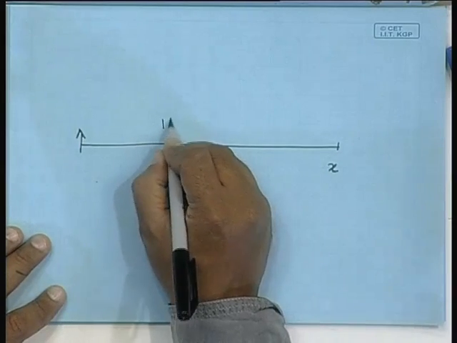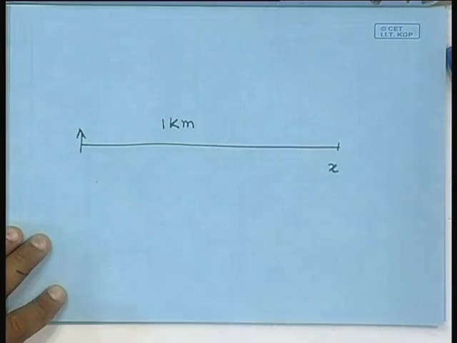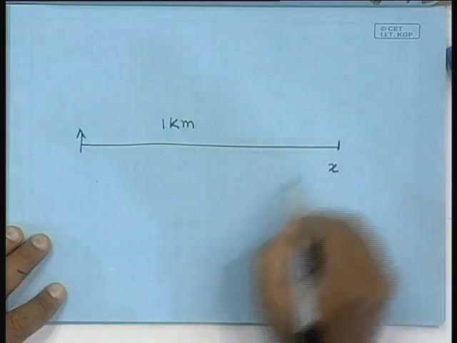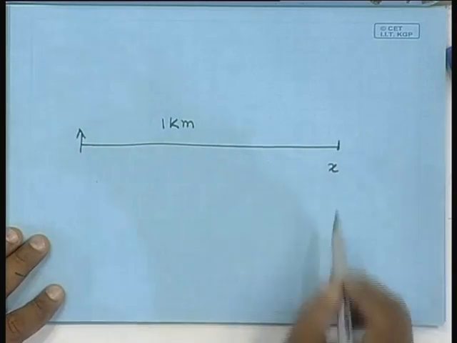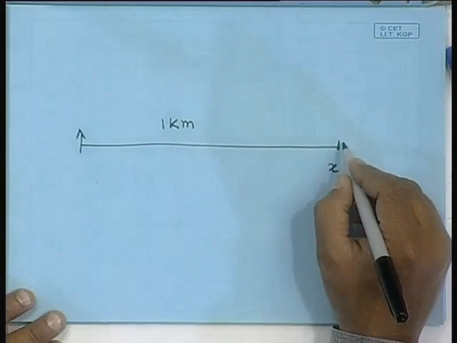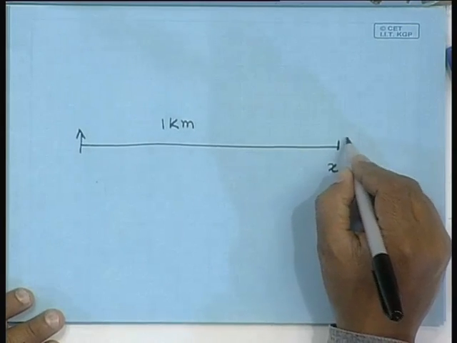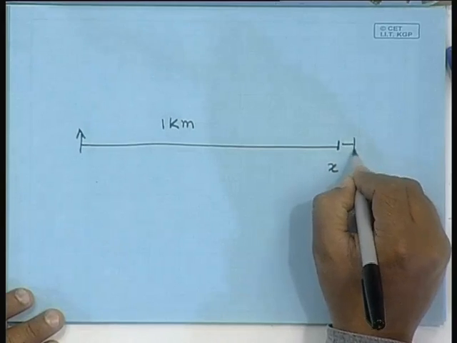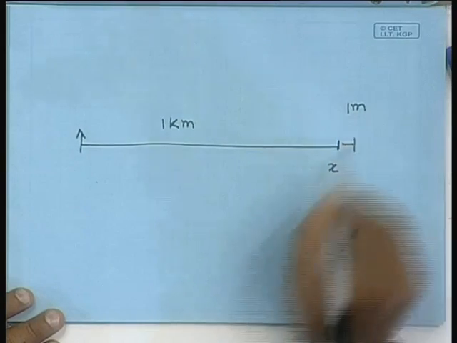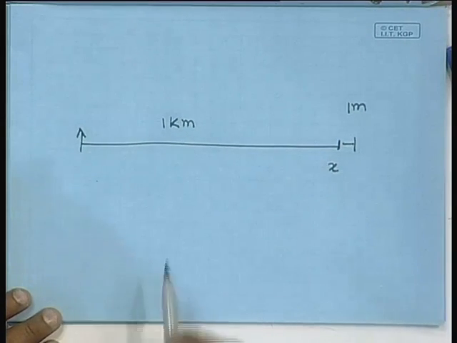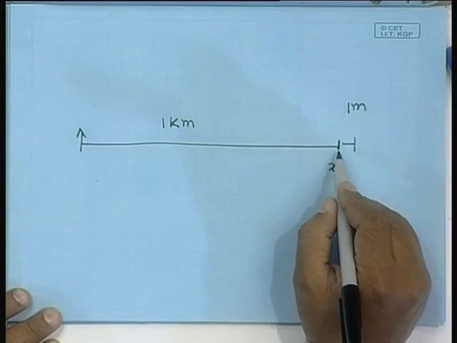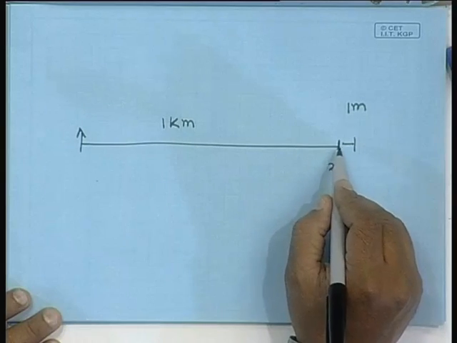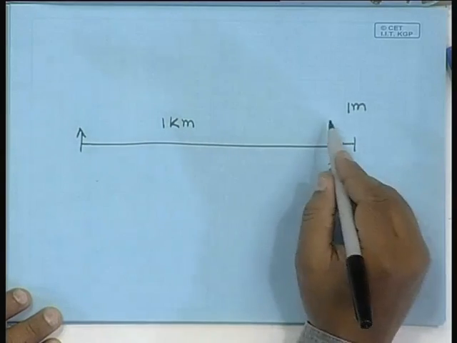So, we could take, for example, the point where I wish to calculate the electric field to be located at a large distance, say 1 kilometer away from the dipole, and we now move from a point which is 1 kilometer away to a point which is 1 meter further. This figure is not to scale, you should bear in mind. I wish to calculate the variation in the electric field when I move from a point which is 1 kilometer away to a point which is 1 kilometer and 1 meter away.